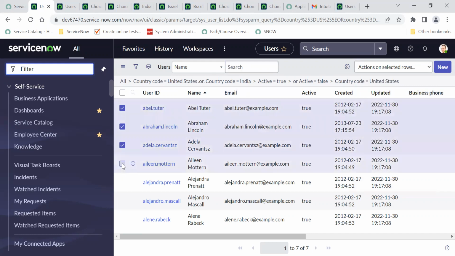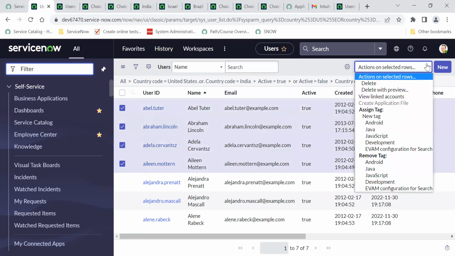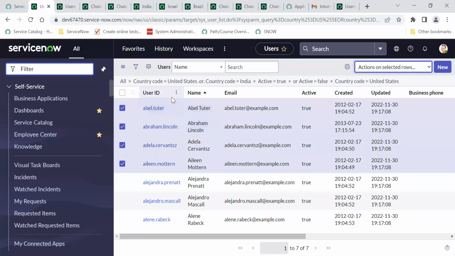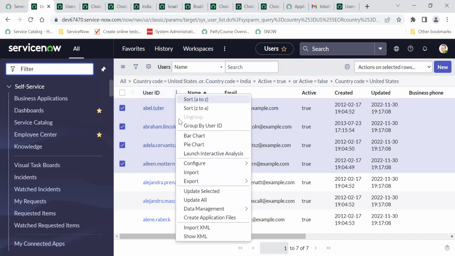And also if you want to select multiple records, that also you can do. You can select these multiple records and then you can perform any actions from here. Or there can be other actions also. Here I have selected a few records, and if I go here, column options, I can see update selected. This will update only the selected records. So I have selected 4 records. So if I do update selected,